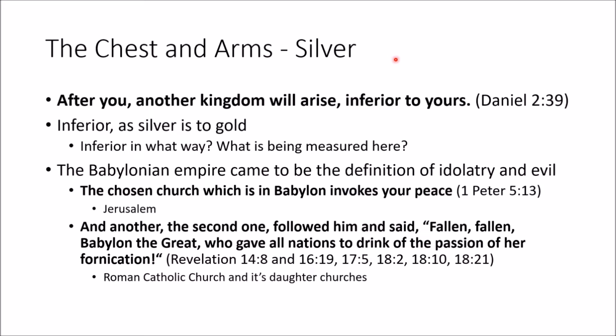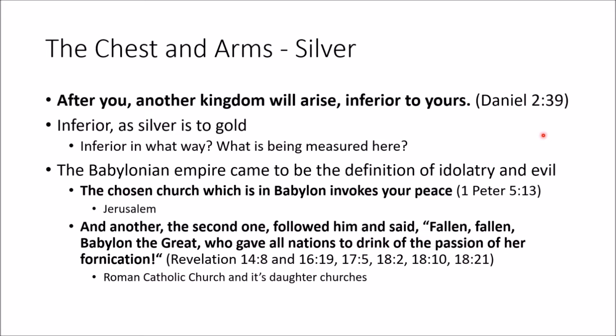This isn't just about randomly chosen metals. There is a sequence here of things getting worse in all of these. Each one of these is going to be inferior to the next one. Now, that's not going to be said with every one, but that's what we're supposed to understand from the word inferior here, is that these metals, in the same way that their value is inferior, silver is worth less than gold, bronze less than silver, are all going to be inferior in sequence as they come. And we'll talk about that more, as I said.